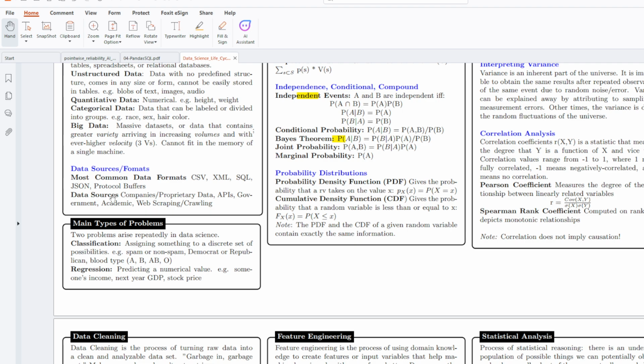Then we have different data sources. It could come from even yourself. Now we are talking about this class. We're practically using data. We're producing data. Every click you make on your computer, on your phone, it produces data. When you go on your Facebook, when you scroll, you are producing data. That is what we call the carbon footprint.